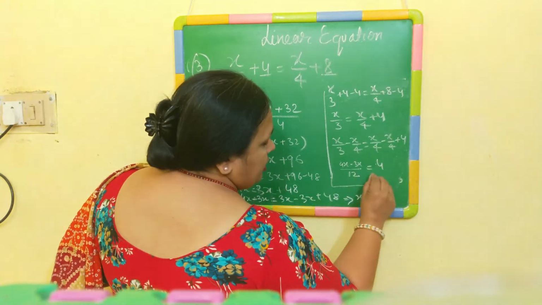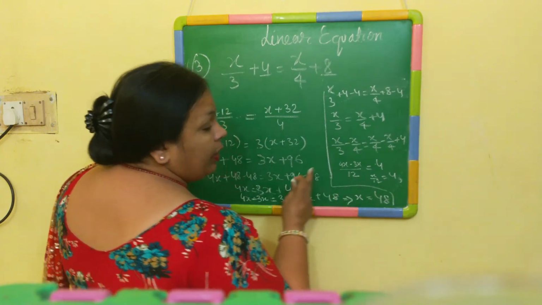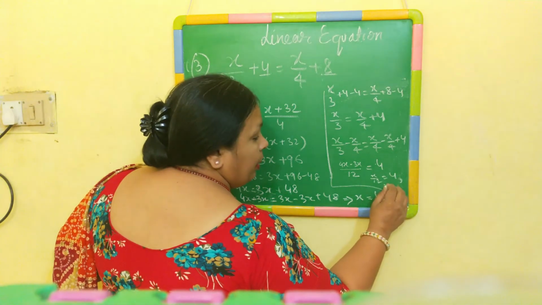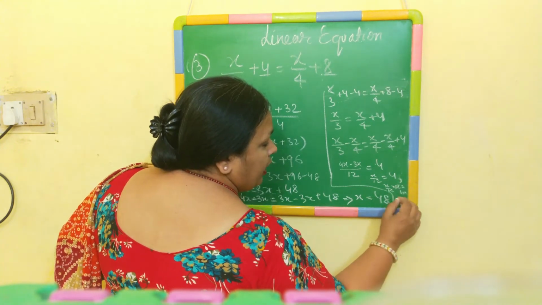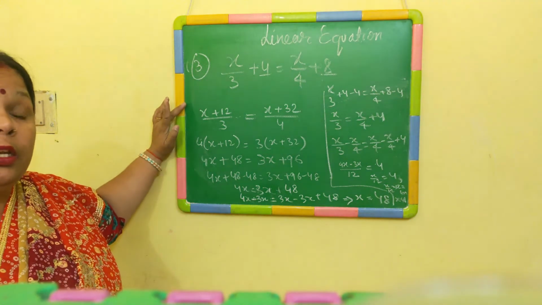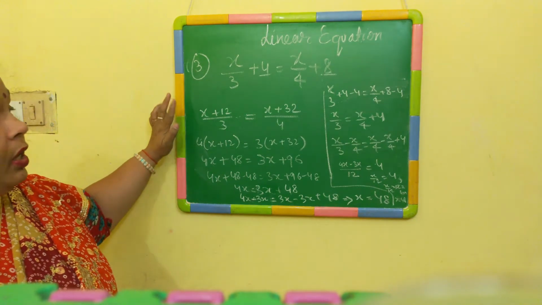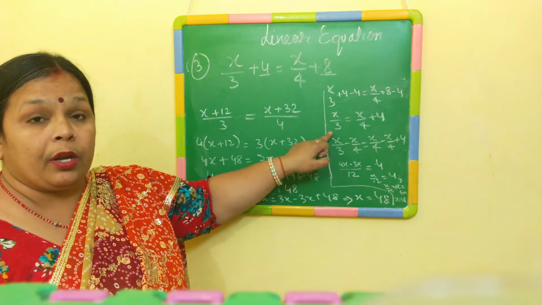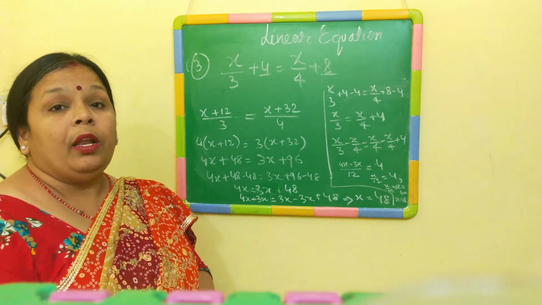Now in this case, this is x by 12 is equal to 4. Now what we will do, here we are going to multiply by 12 on both the sides. If we multiply by 12 on both the sides, 4 into 12, 12 cancel, we will get x is equals to 48. So, for solving linear equation, it is on you which particular easiest method you are going to take. I have shown you cross multiplication and I have shown you how to subtract. So, we have taken two of the rules on the same example. Let's take one more.